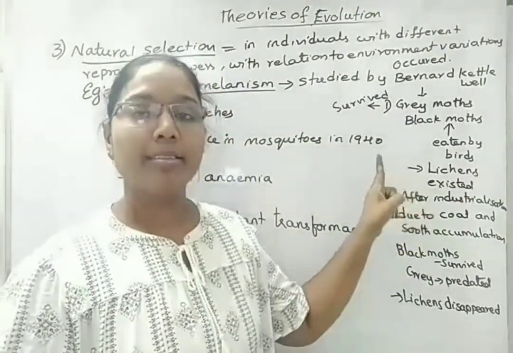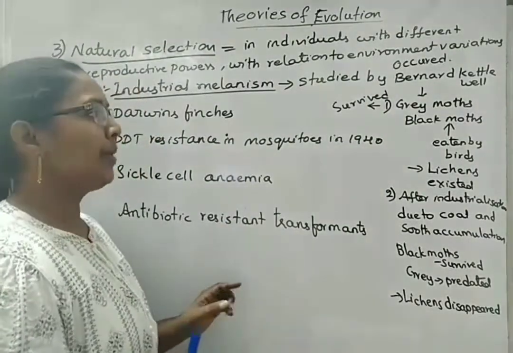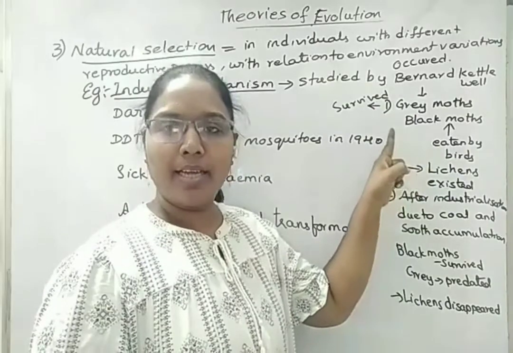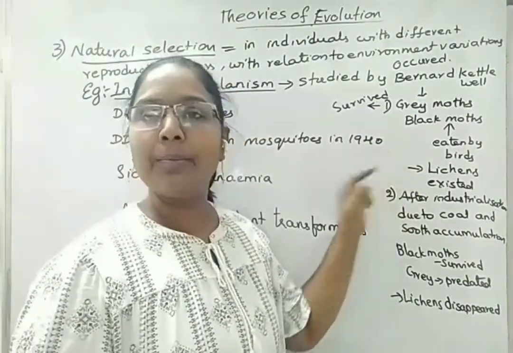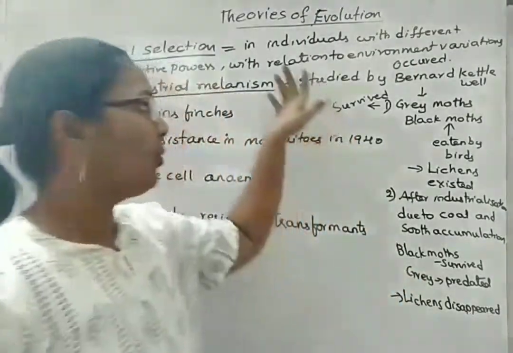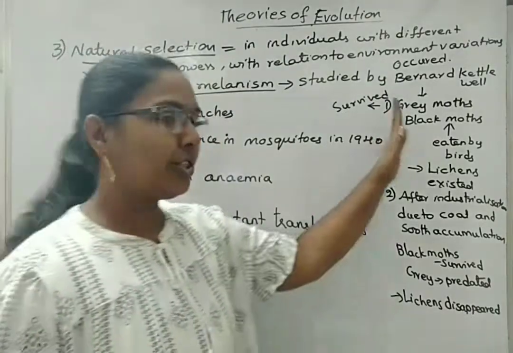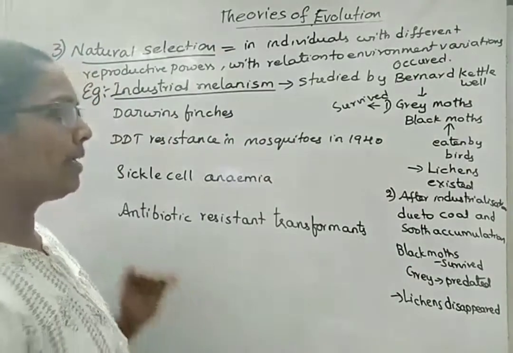Again, lichens can start growing in that area. So that is because variations during reproduction and the genetical variations are completely linked up with the environmental changes. So whatever the meaning given for natural selection is justified in case of this industrial melanism explained in relation